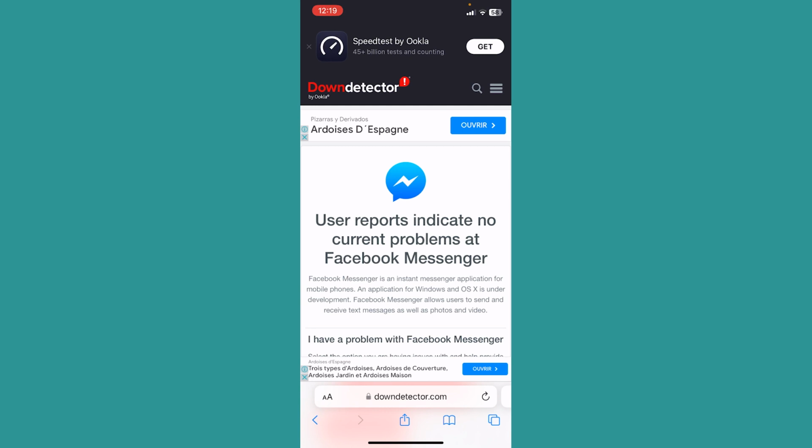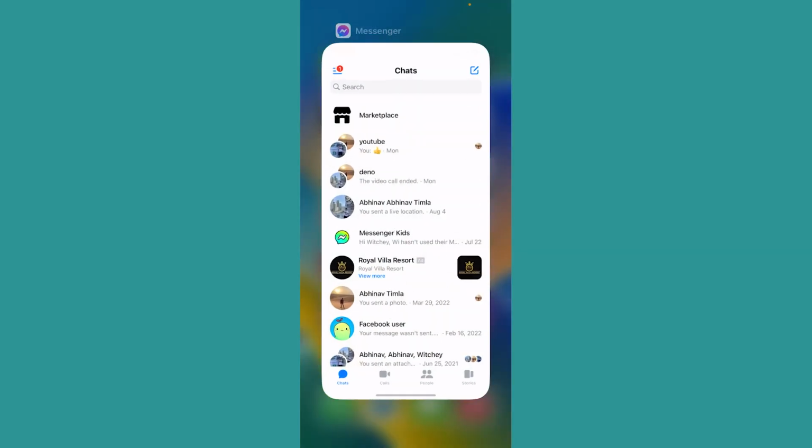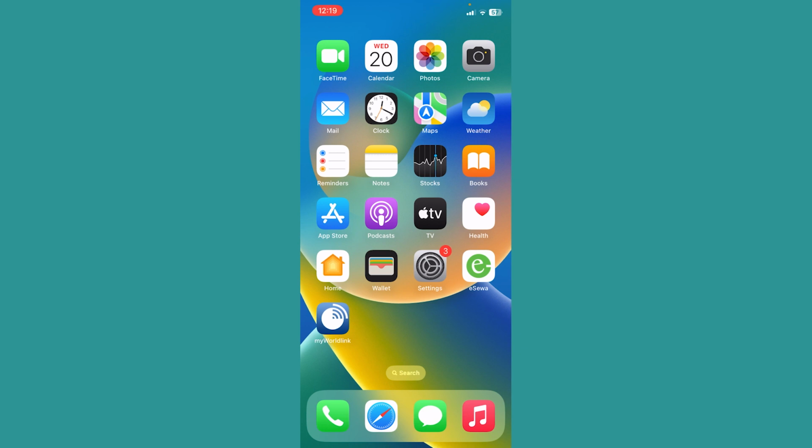So the main problem is with our device. But if it had said yes, there was a problem, then the server was down and we would just have to wait until they fix the server. But since it's not a problem with the server, it's a problem with our device, the second thing we can do